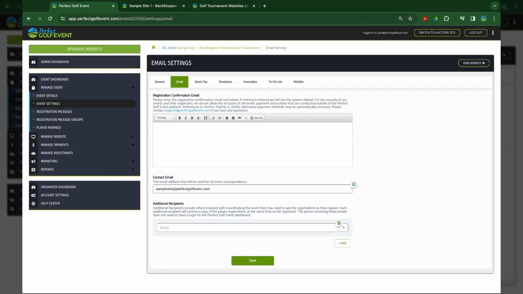If you need to change the confirmation email that registrants get when they sign up through the site, you have that option here to put in a custom message that will appear in the body of the email that gets sent out to them. And you also have the ability at the bottom to add additional recipients to those email notifications. So you're going to be copied on every single registration that comes through the website. But if you need to add any associates that need to be contacted as well whenever there's a registration,